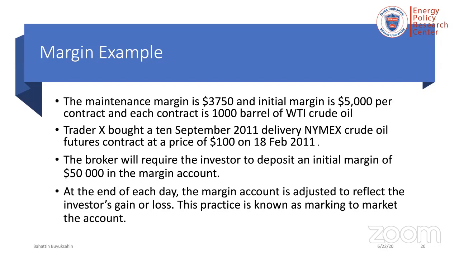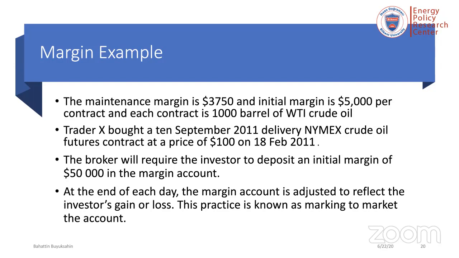This practice is known as marking to market the account. Whenever the margin account falls below the maintenance margin, $3,750 per contract, in our example $37,500, then the customer receives a margin call from its broker,